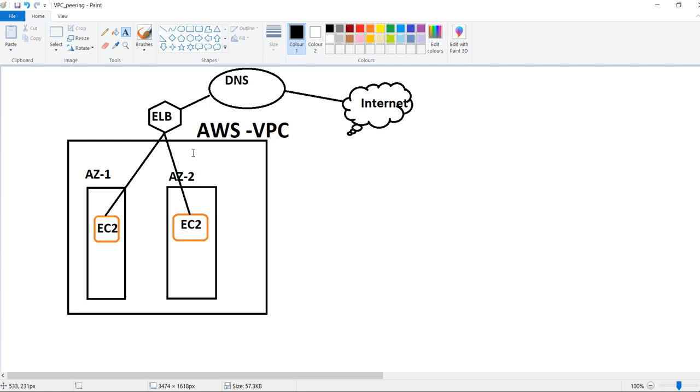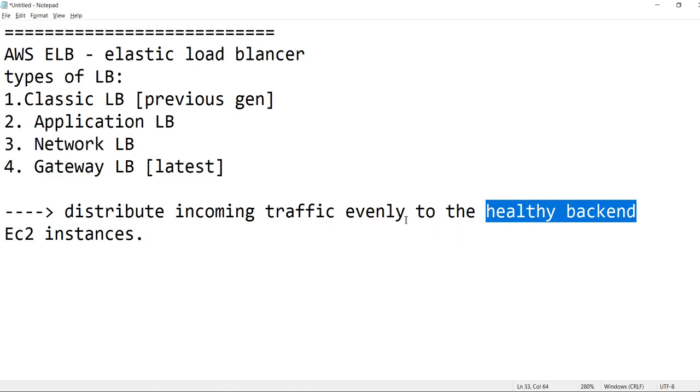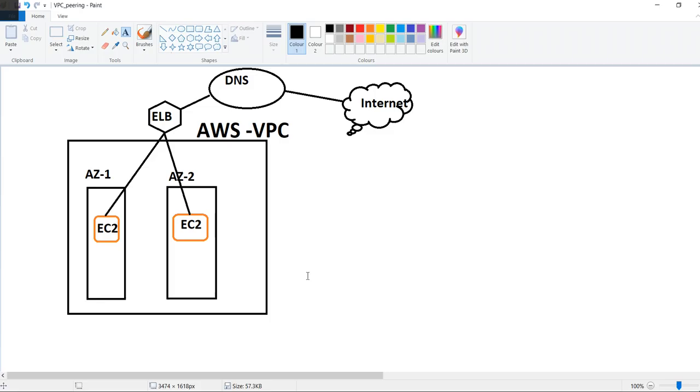It uses a mechanism called round robin to distribute the traffic to the backend targets. Backend targets are nothing but our EC2 instances. This EC2 instance needs to be healthy, meaning our application needs to be up and running on the EC2 instance itself. Only then will the load balancer distribute the traffic to the backend targets. That is what I mentioned: it will evenly distribute the traffic to the healthy backend instances.